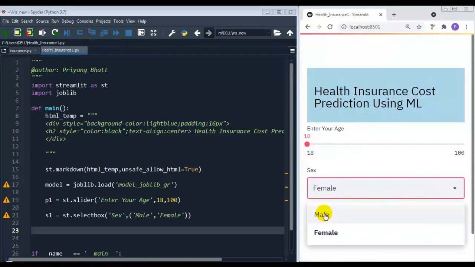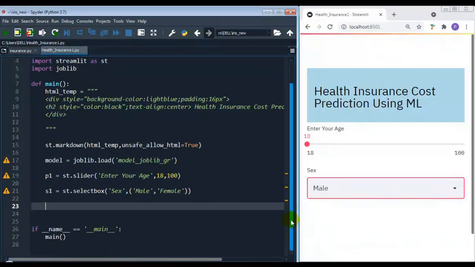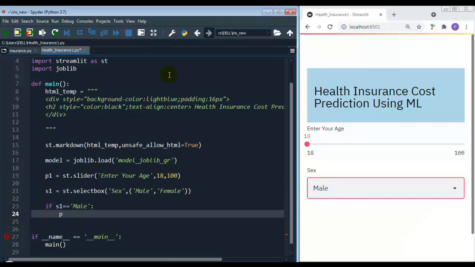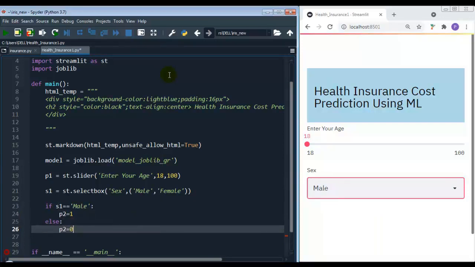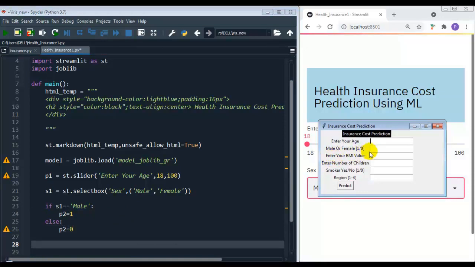Please remember this is string, but for the prediction we required integer value. So let me map this male to 1 and female to 0. So let me write if s1 is equal to male, then let me set this p2 to 1, else p2 to 0.